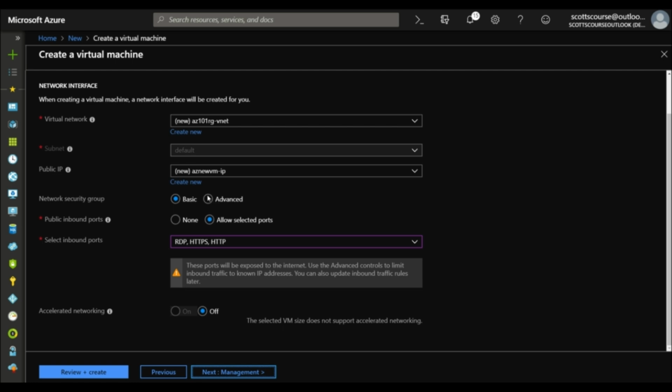Have basic or advanced network security groups. Remember, we already chose the inbound ports, and so this is the second opportunity for us to set which ports are open. We can always go back and change this. And accelerated networking,